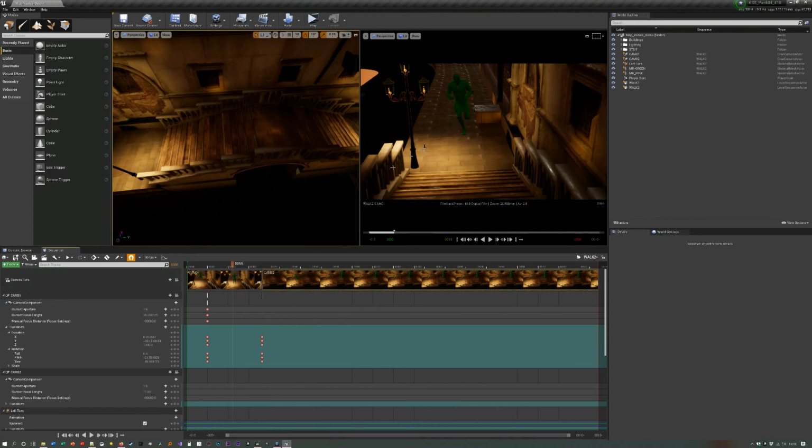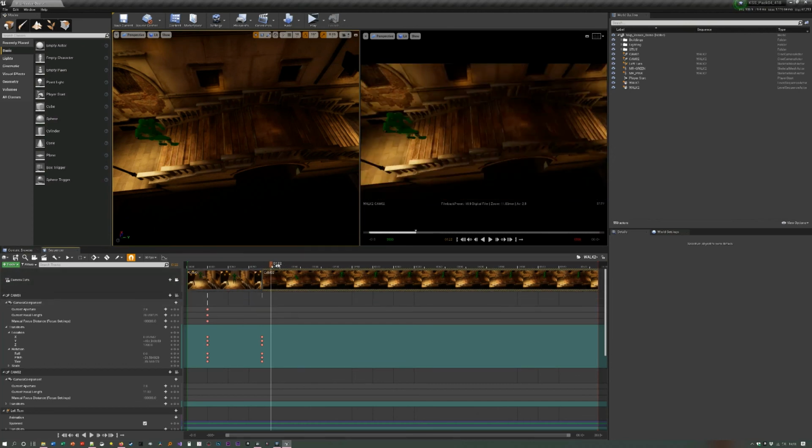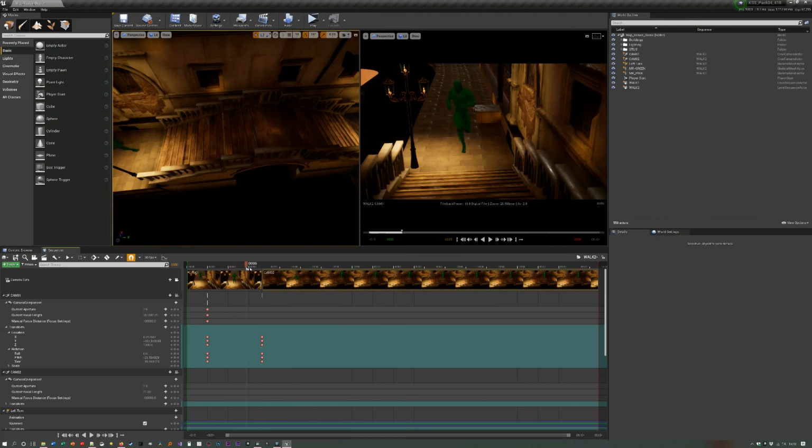Now, a gotcha that's worth remembering is that as you add cameras, you can sometimes turn off the syncing between the cutting between the camera tracks. You need to make sure that's selected so that as you go there